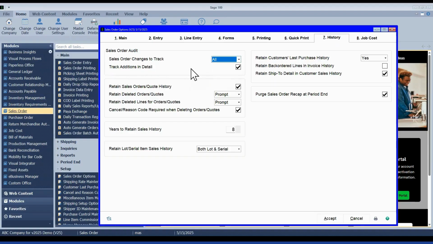As the name would suggest, this is basically going to give you everything, even an audit of all the fields that maybe didn't put data in, but also includes a record of everything that was added when the order was initially created. Whereas if you're not doing detail, you'll get an entry like that it was added, and then you'll get detail on changes that are made to it after that, but only on the specific fields that are touched. So pros and cons of both. I'll show it both ways so you can kind of see it.